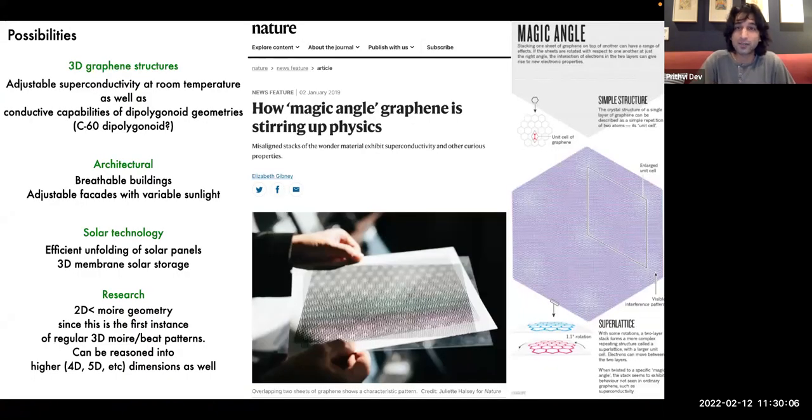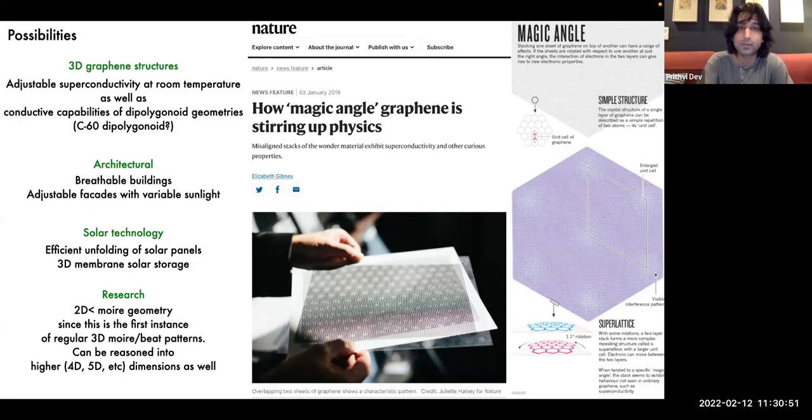Possibilities: we all know magic angle graphene physics is this new thing, so I guess 3D graphene structures could be a possibility. But again, this is way out of my depth. Architecturally breathable buildings, and I guess all these things have been explored without the graphene aspect of it, but graphene-based structures and all these new rotational molecules, chemical things, which one can do stuff with 3D geometries with. One can use these same di-polygonoids and 3D geometries that are kinetic and expand and contract to create some cool technologies, and research into high